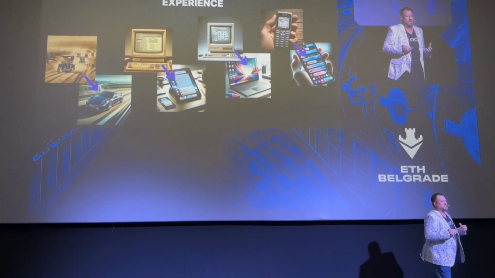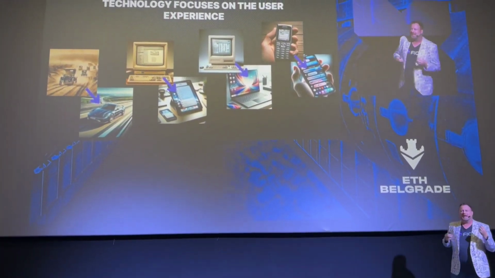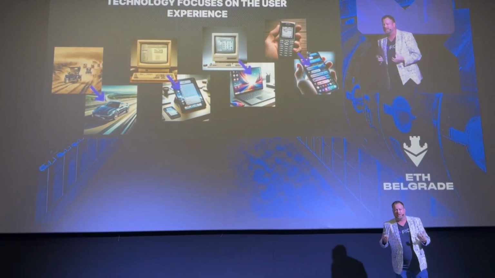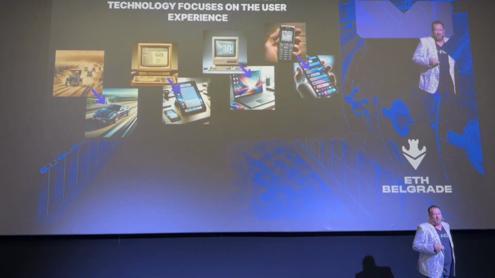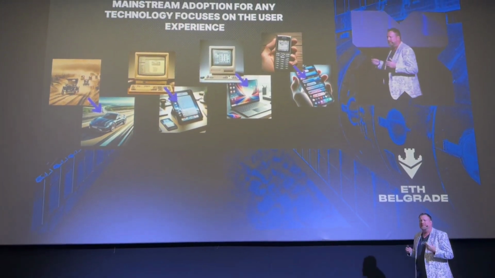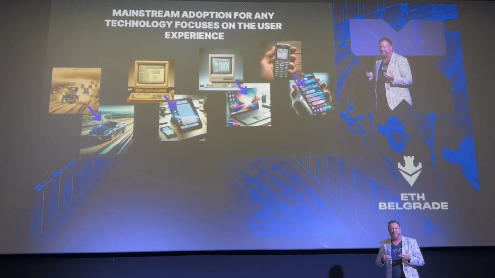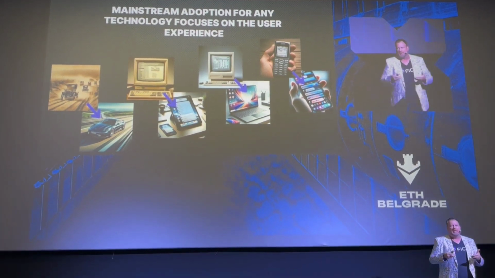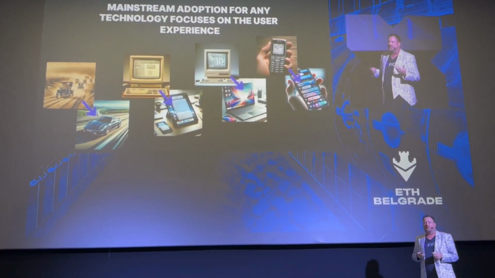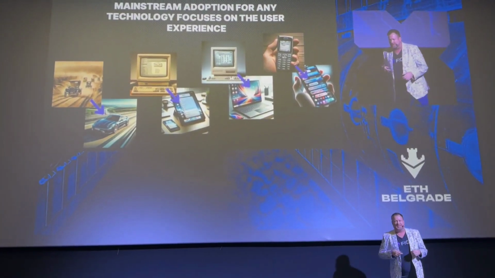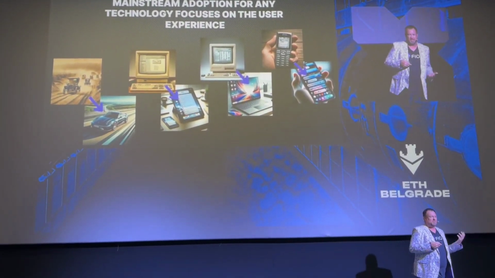Remember, in the early days, if you were around for that in the internet, you had to type out an IP address to get to a website. And you had to remember the IP addresses of your favorite websites, or you had to write them down, keep it on a piece of paper in your pocket so you could navigate to those. Today, we type in a website address. Is that IP address gone? No, it's still there. Where is it? It's in the background. And it doesn't really matter to you as long as you get to the right place. So that's what evolves. And then you look at the evolution of the cell phone in general. It got easier to use, more people use it.